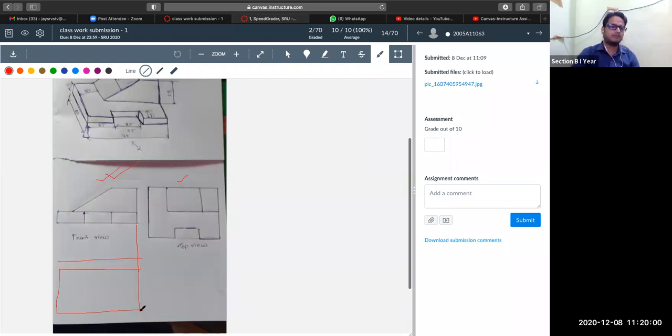So red color, if I'm using it for projection lines, I will use some different color for the others. For projection, you draw the projections from here. You have to draw the projections below this reference line, and then draw your original figure like this.